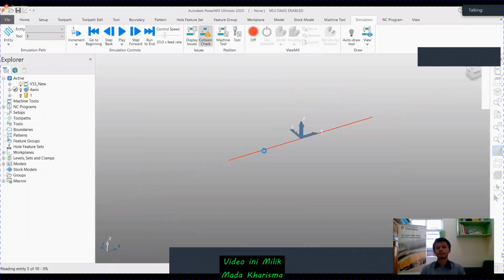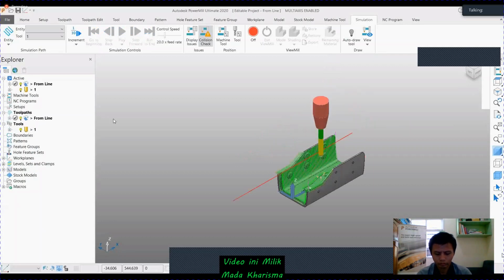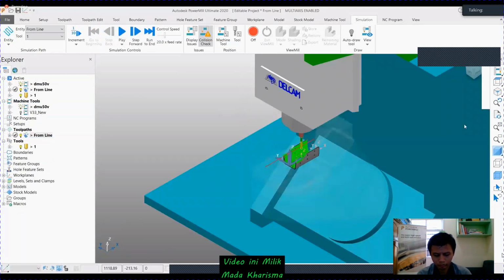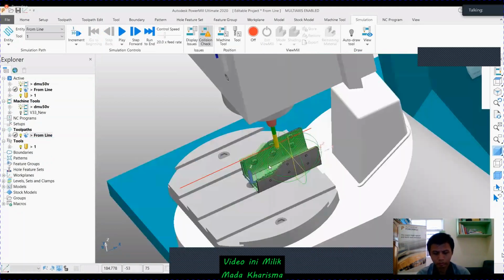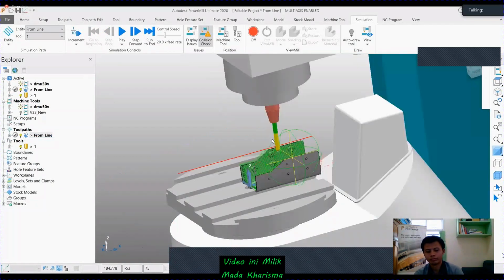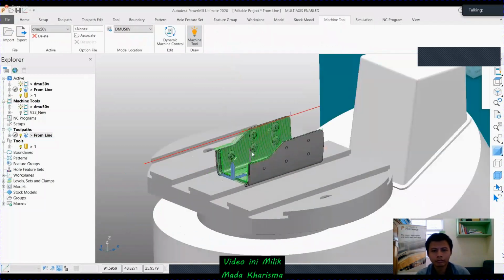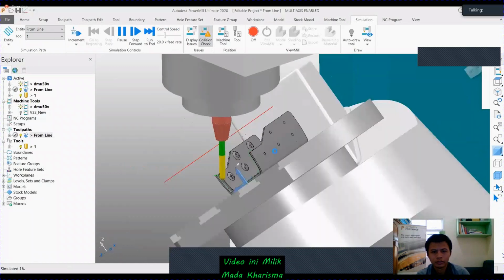Okay, so this is one of the examples here. I'm switching on my machine tool file here also. Go to simulate from start, and you can check your actual datum. You have DMG50, so I just move to the center of the bed. If you simulate this, you can see this will flow based on the center of the line.